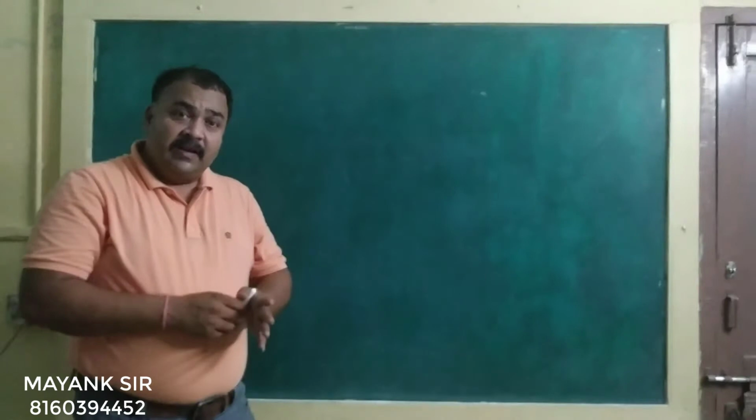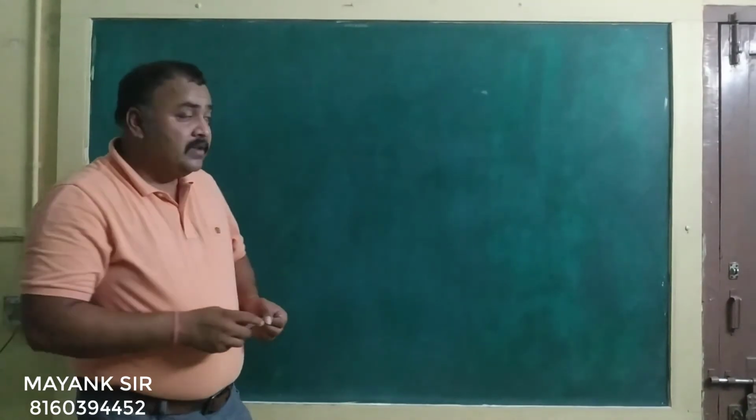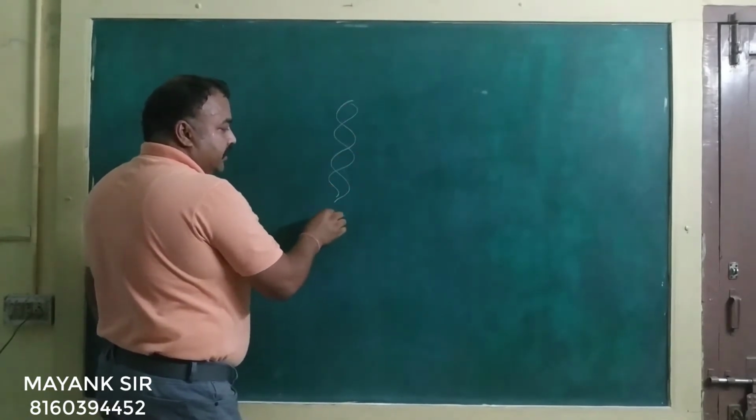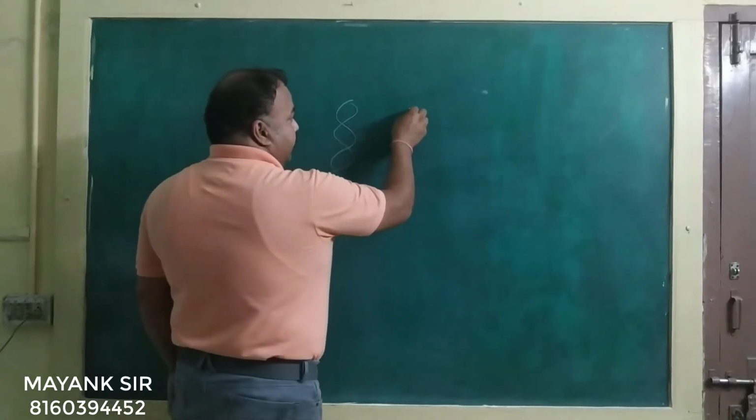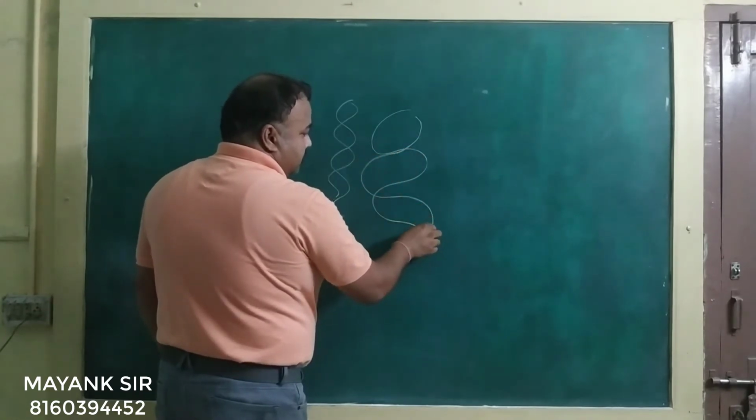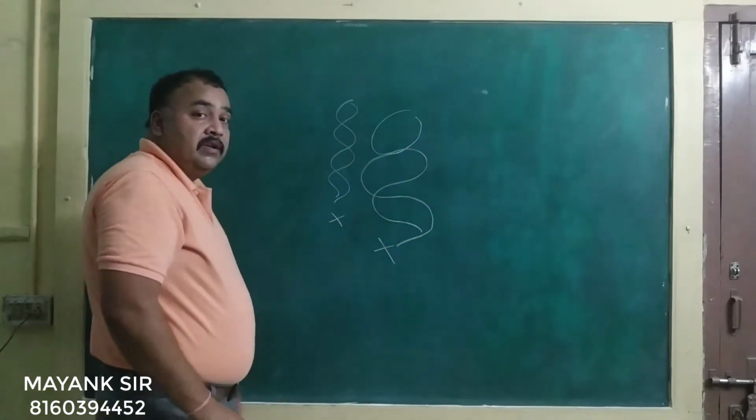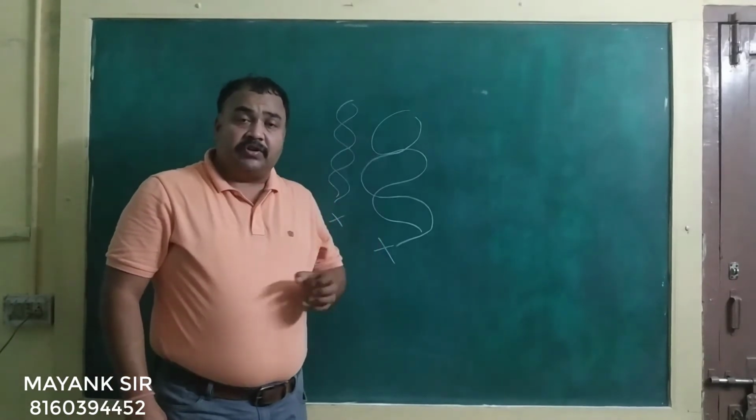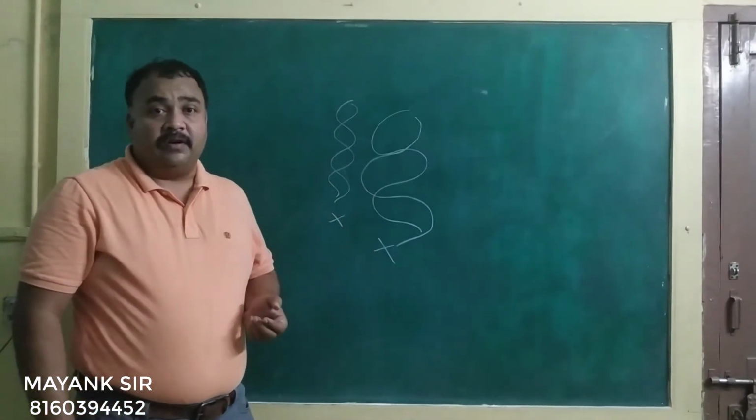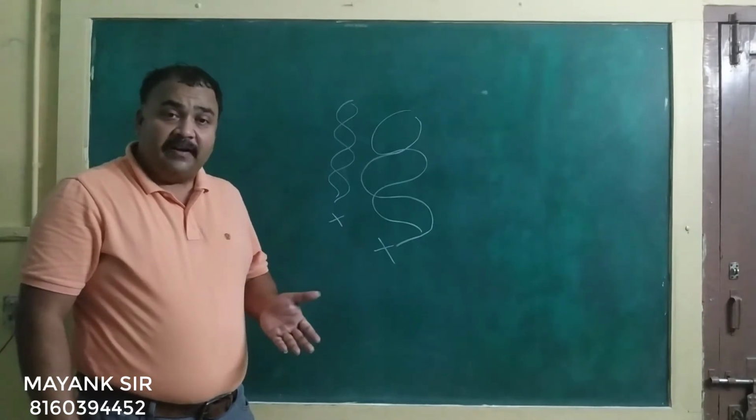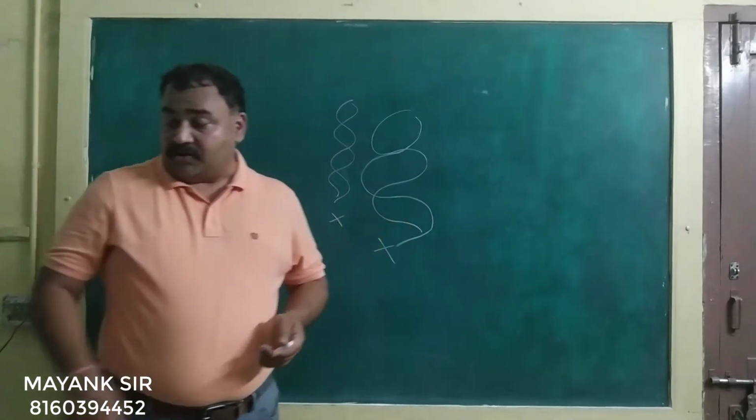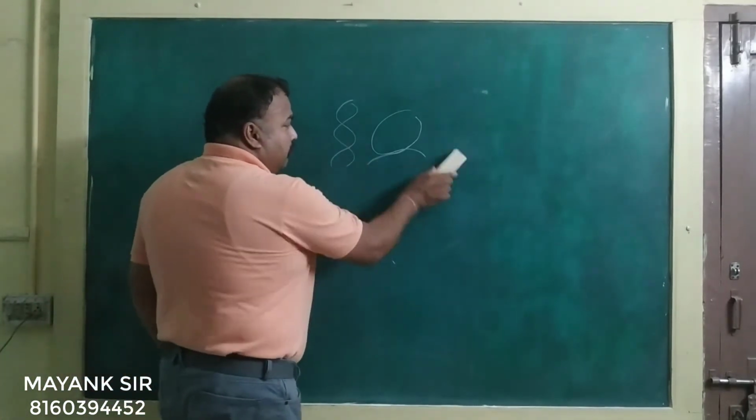So friends, can you draw the structure of DNA? Some of you will draw like this. It is not right. Some of you will draw like this. It is also wrong. The double helical structure of DNA has its convolution towards the right side. So there are different kinds of techniques to draw the structure of DNA. The foremost easy technique